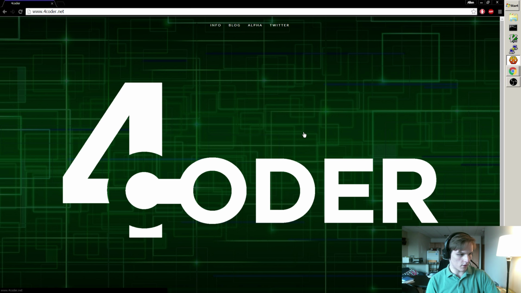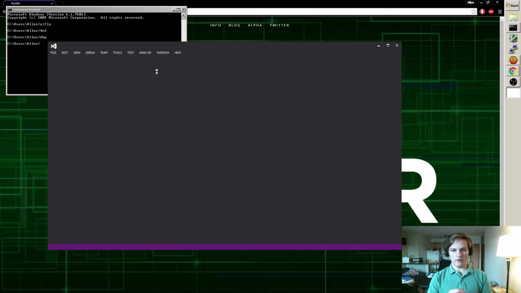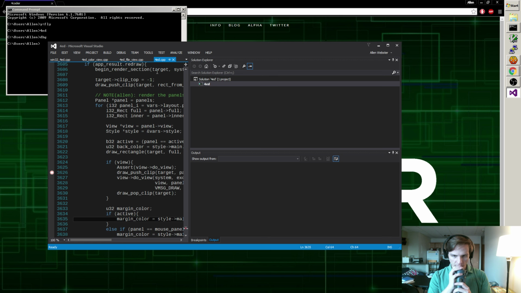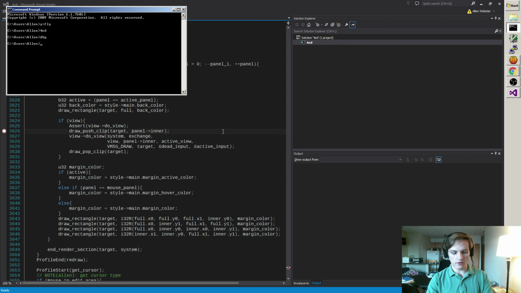Okay, we've got the notebooks back, and let's see. What do I want to do today? Do I have anything planned out? I do not think I do. I'm just going to get a version of Visual Studio Debugger up. Awesome. So I can run 4coder, and then I'm going to switch to, there we go,